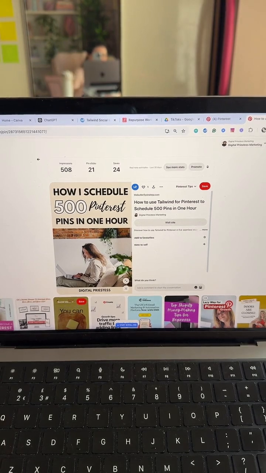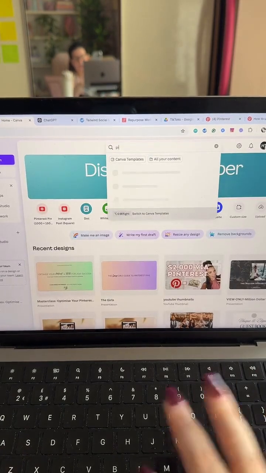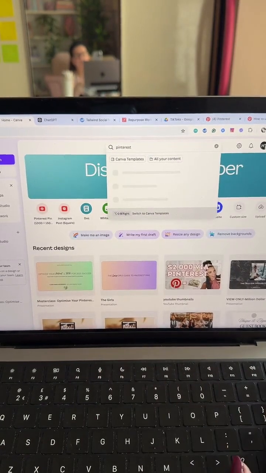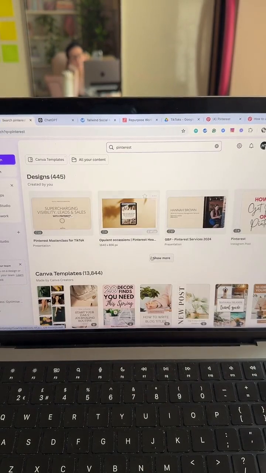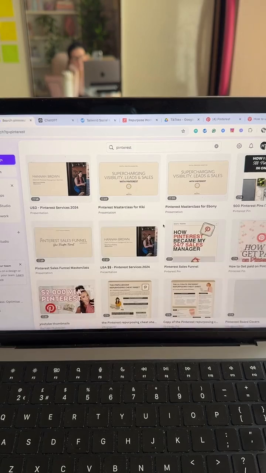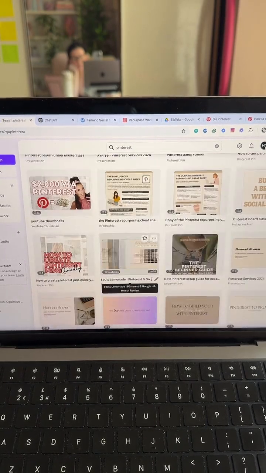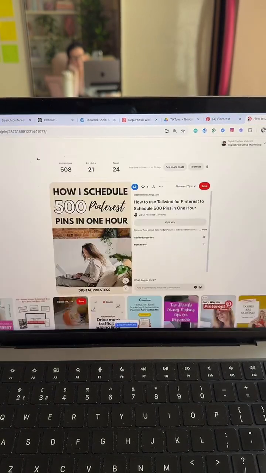So I am going to go over to Canva and find that Pinterest pin. And I wish I had things more organized, but I don't. Let me, what's this? What was this pin for again?